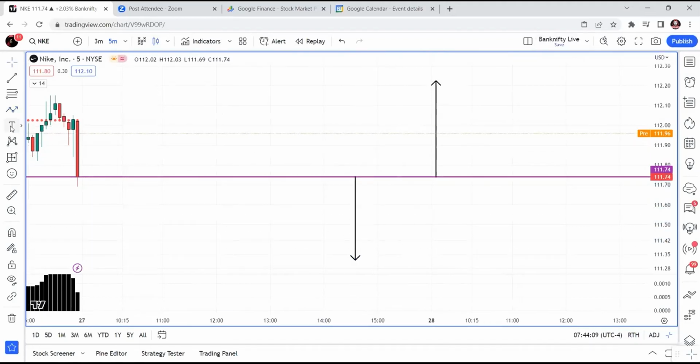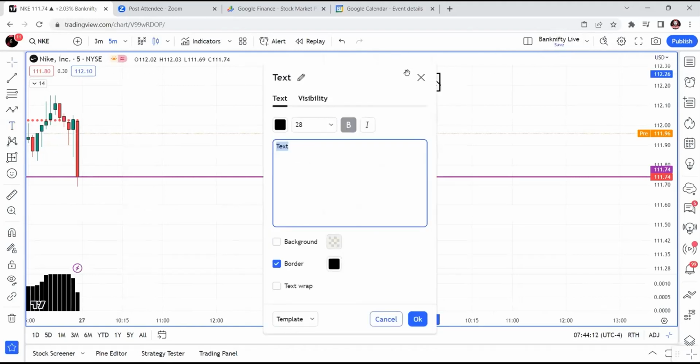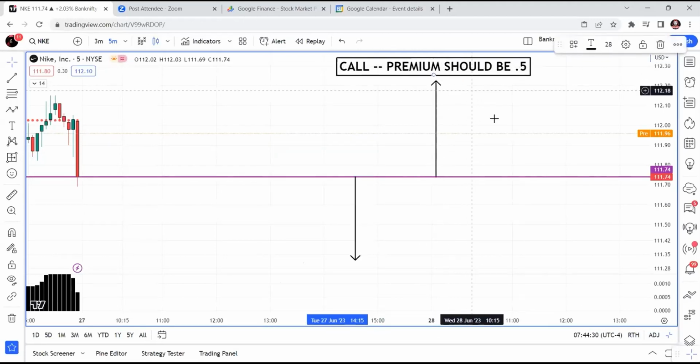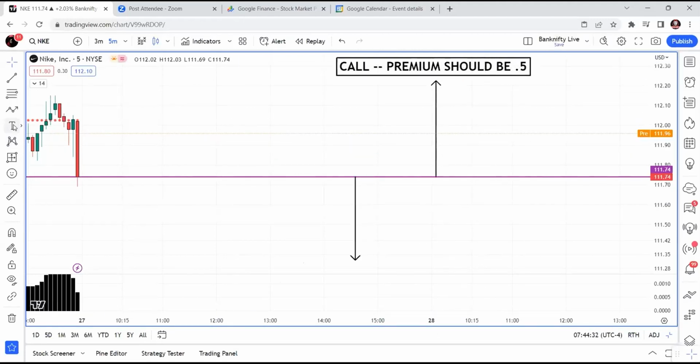So your call side premium should be 0.5. Your put side premium